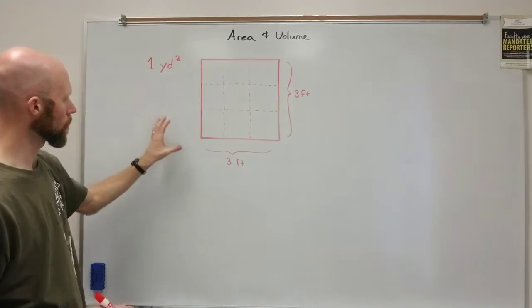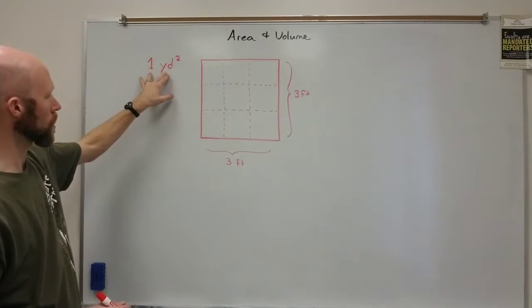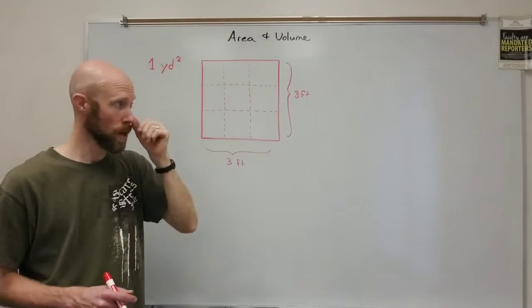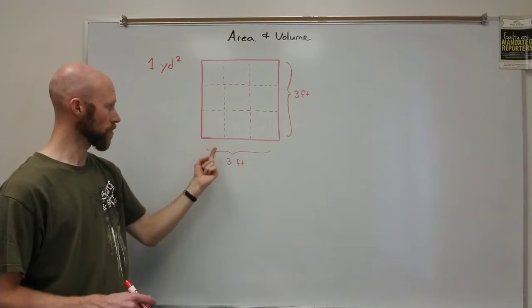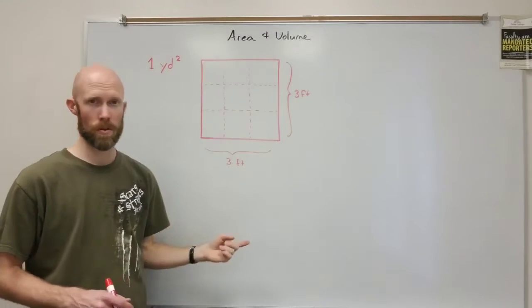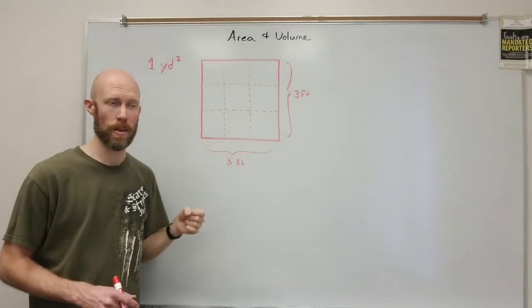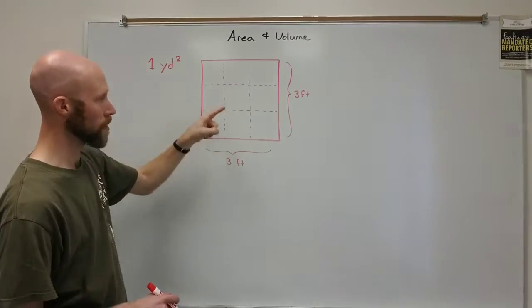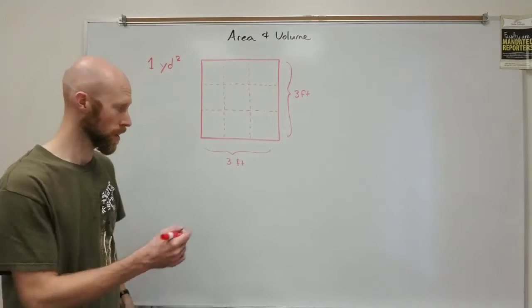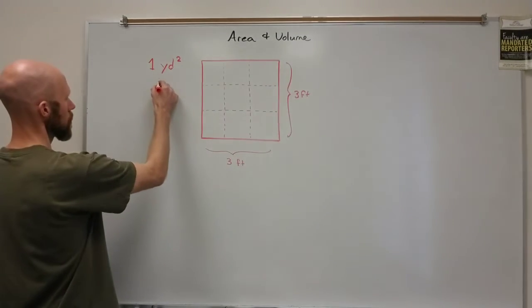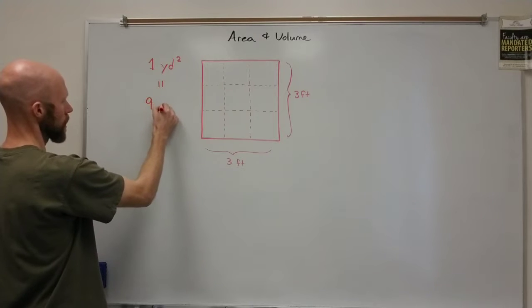And so if you think about how to convert 1 square yard into how many square feet, you just count them up. Each of these boxes is 1 square foot, right? 1, 2, 3 square feet. So each of them is 1 in length. And you have 9 of them in there, so it's 9 square feet make up 1 square yard, okay? So 1 square yard is equivalent to 9